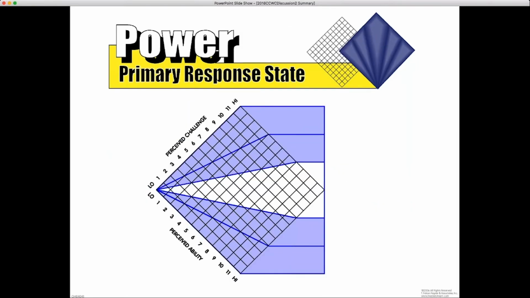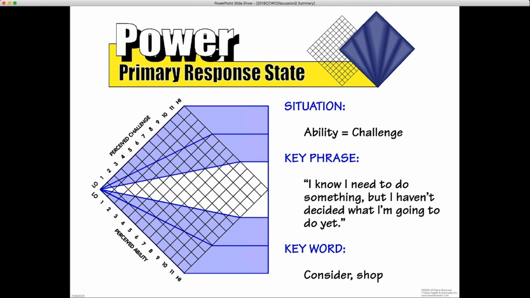And Pam, you're going to talk about that. Yeah, so power is really pretty interesting because it's the place where people often feel that they're pretty much in control and they're pretty productive in all of this because they're looking for information and gathering information and processing and planning. That all feels very productive. And I think that one of the things that can be really good about it is people feel like they're moving forward, and often are, when they're getting the information that's helping them make a better decision. So it does help them get toward where they're going, and they feel it helps feed their confidence in whatever direction they're going to be going.